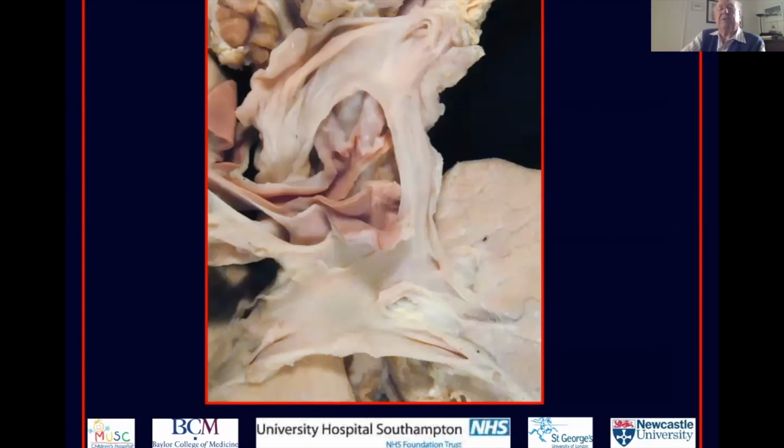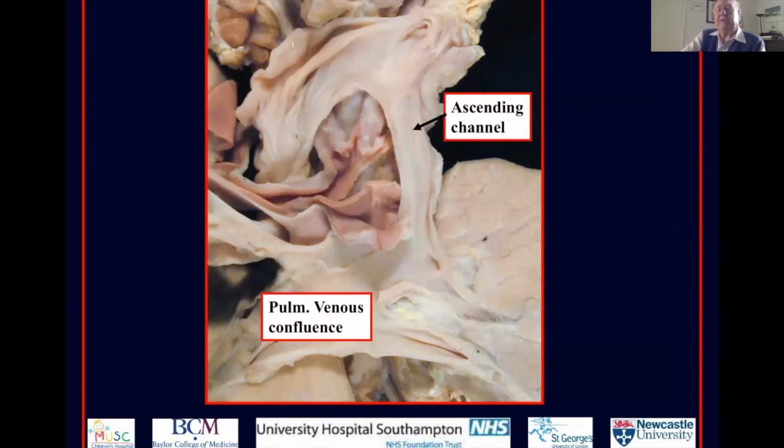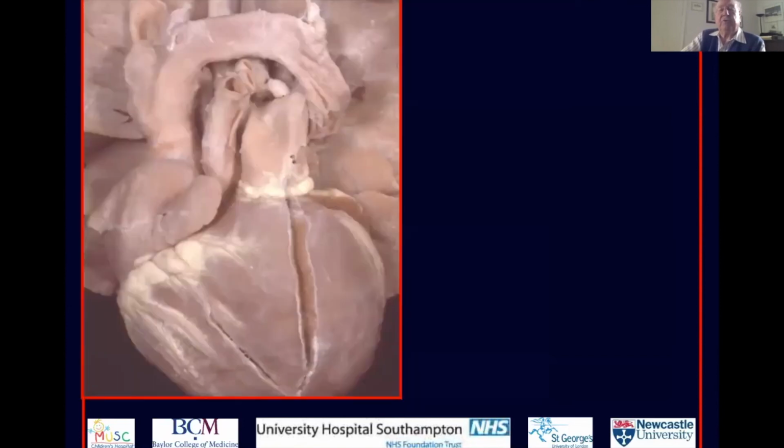And so this is the typical supracardiac connection. The veins are coming together to form a confluence. Typically, they then continue through an ascending channel which is left-sided, which drains into the brachiocephalic vein and then into the superior caval vein. So when we look at it from the front, we see the typical snowman arrangement, with